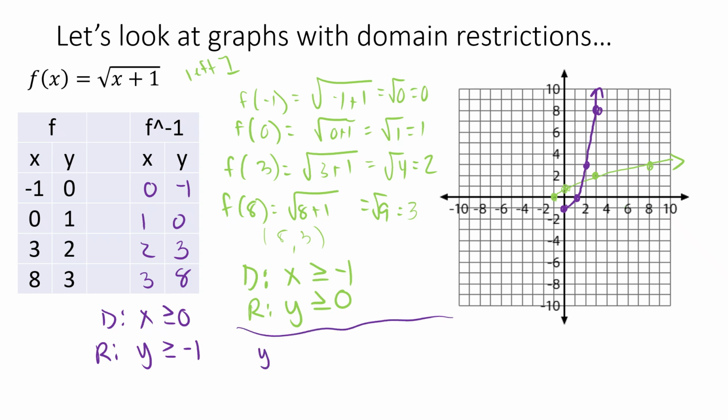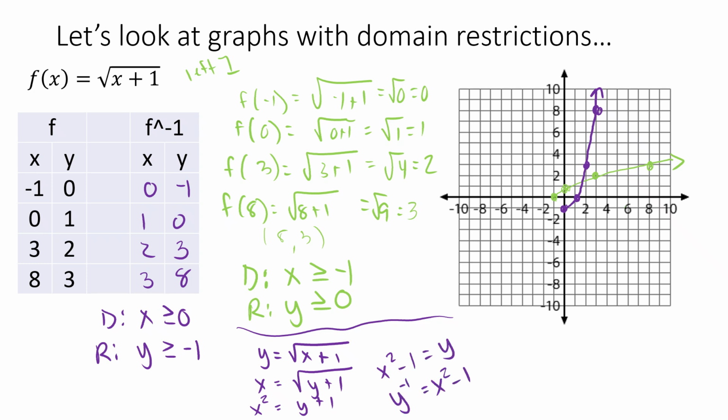Okay, so we have y is equal to the square root of x plus 1. Then we switch the x and the y's. Then we square both sides to get rid of the square root. And then we subtract the 1 from both sides. And we end up with y inverse is a parabola that is going down 1 because the subtraction is outside